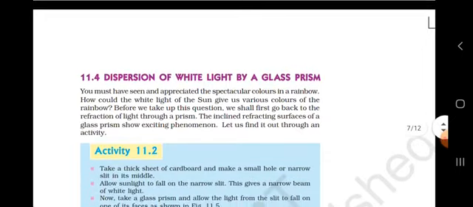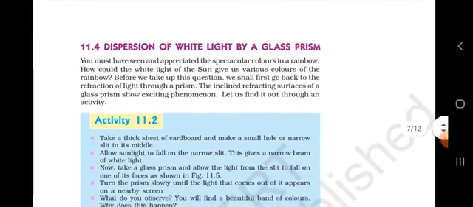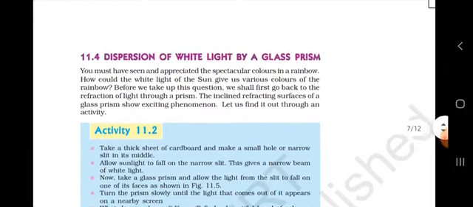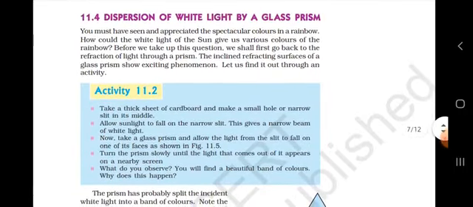Okay, so today we are going towards the next topic, and that is the dispersion of white light by a glass prism. So students, have you seen a rainbow, and how does it happen? What is the phenomenon behind the rainbow? Whenever we see one in the rainy season, there is some sunlight present. The light gets refracted by the rainwater drops, and thus these raindrops create a rainbow.